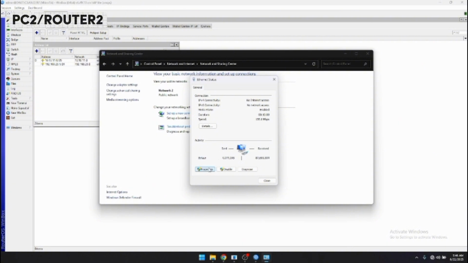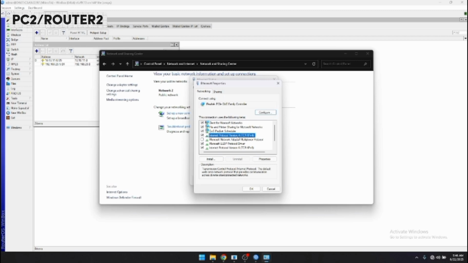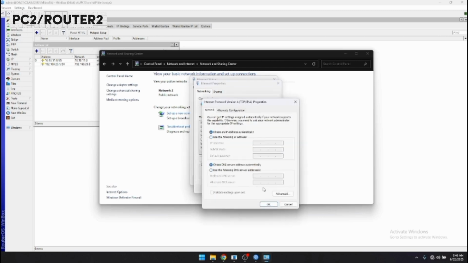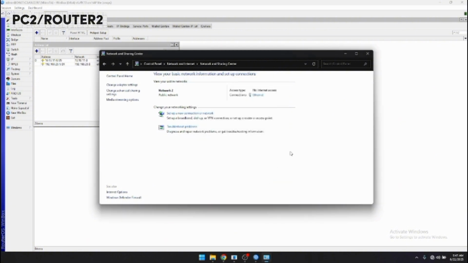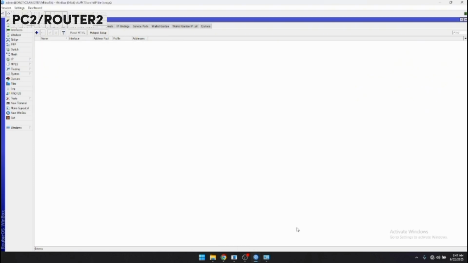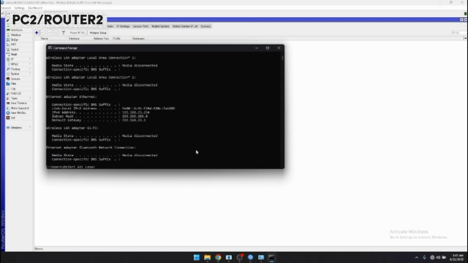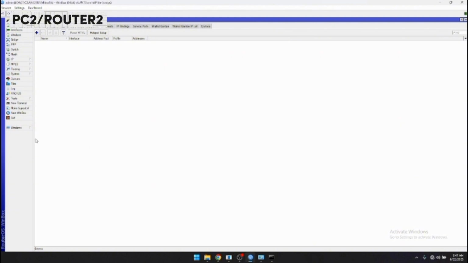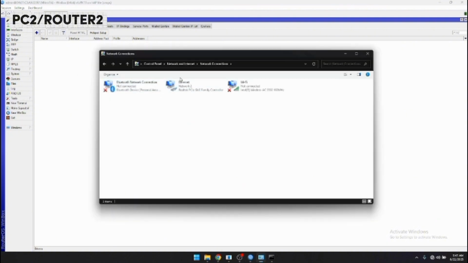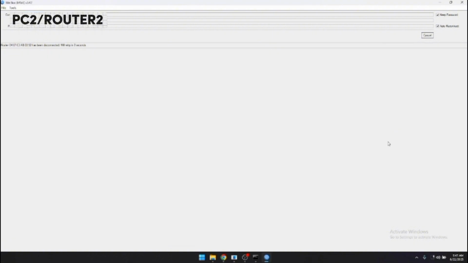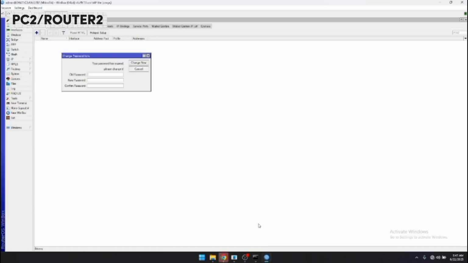In this, I want to go to the control panel to disable and enable this router.